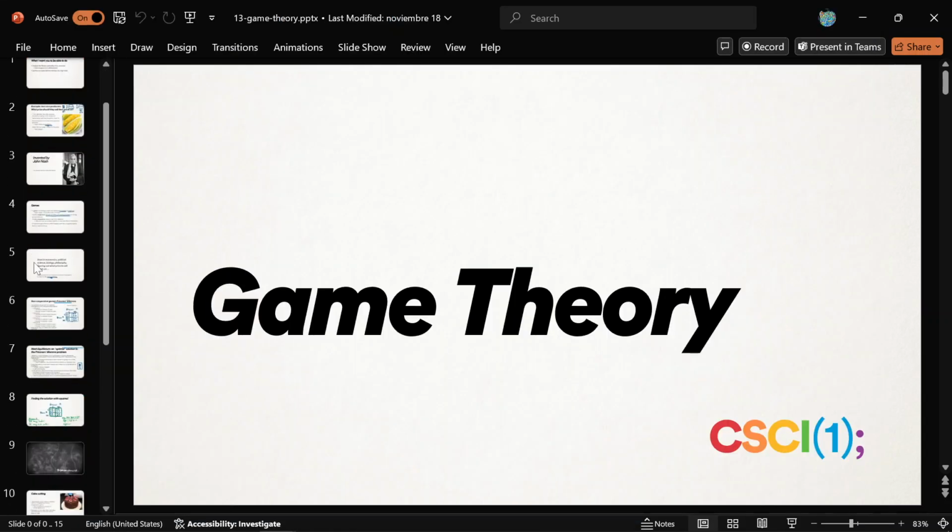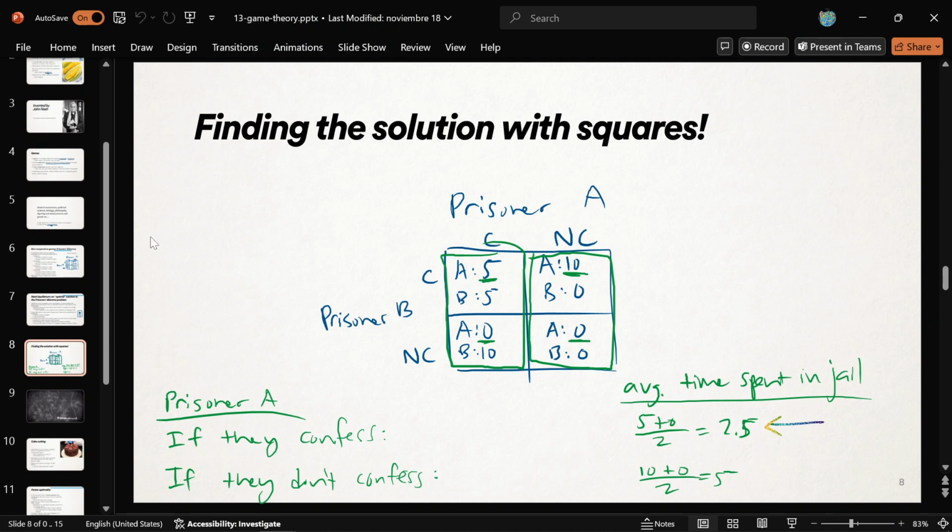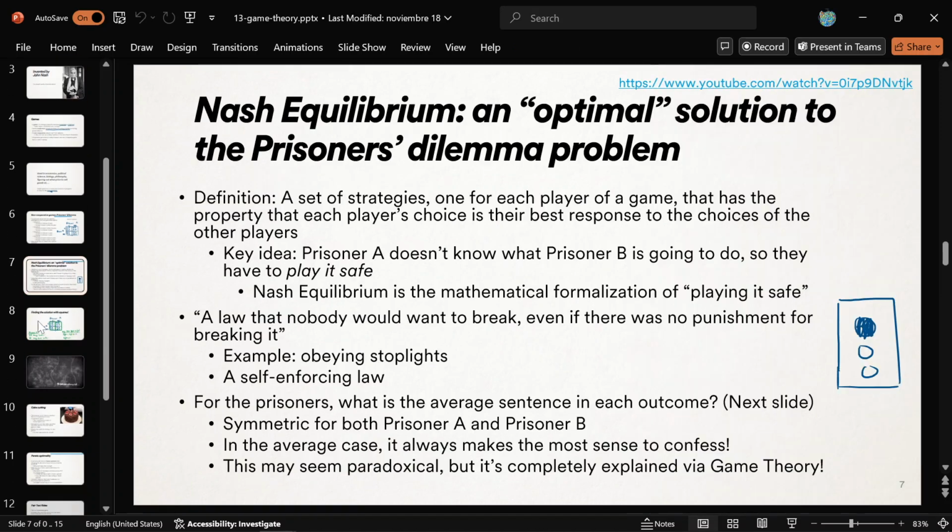So where we left off was that prisoner's dilemma problem. We noticed that, oh man, the two prisoners should both confess, even though if they could coordinate, they would both walk away for free without going to jail at all. But sadly, that's not what's going to happen because they can't trust each other. So they're both going to gravitate towards this equilibrium, this Nash equilibrium, named after John Nash. So we learned about that.